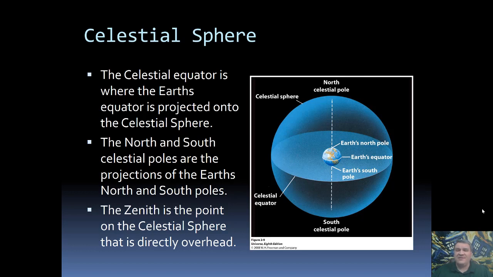What's she going to respond? She's going to say, "No, there's no comet on my zenith. My zenith has nothing on it." Well, that's because of change of location. Because you're not in the same place, your zenith, the point directly overhead, is going to be very different. In other situations, for example, if you and I were standing outside and I look up and say, "Oh my gosh, look up at the zenith, do you see that comet?" then we're going to be looking at pretty much the same place and we can communicate easily. So the zenith is always directly overhead above the observer, which means it's going to change depending on location.